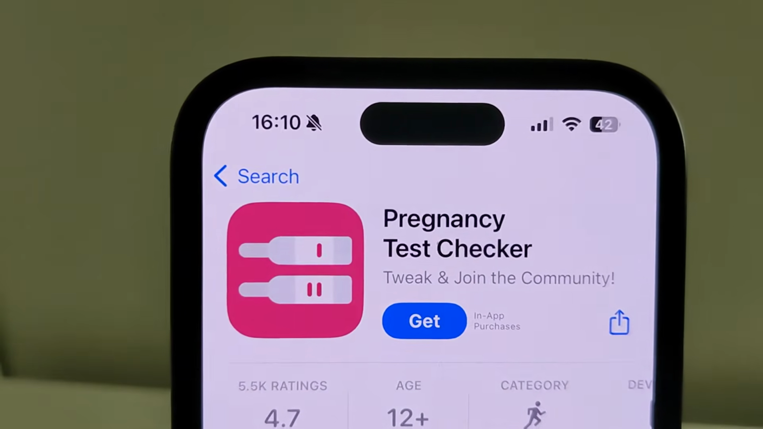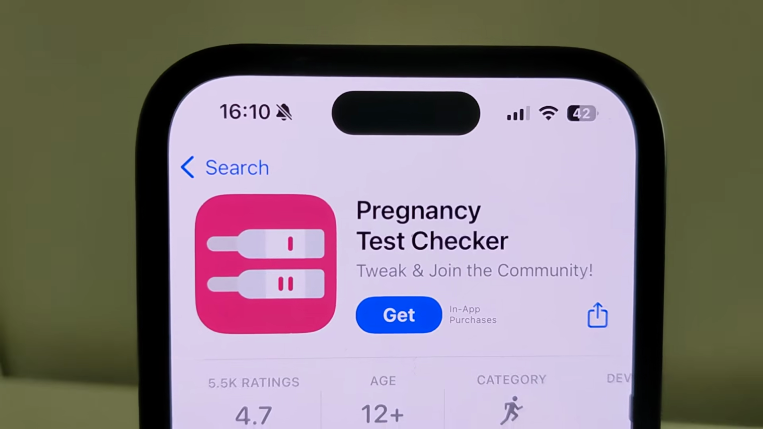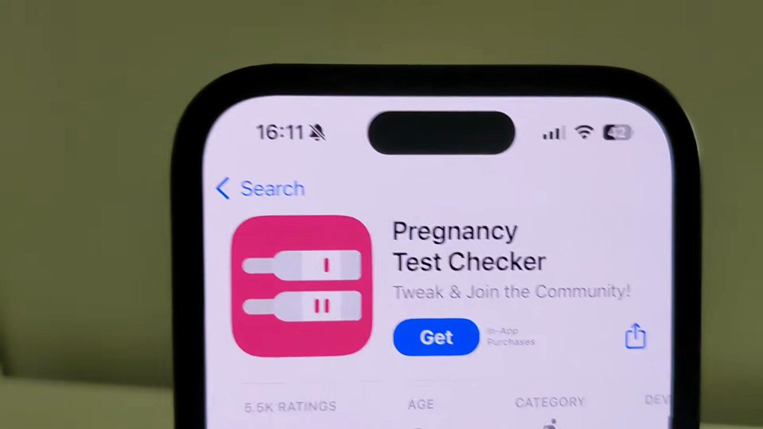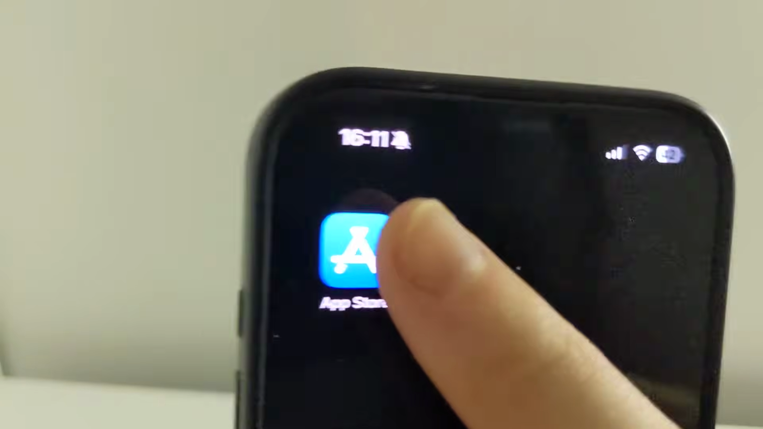Welcome back, guys. In this video I'm going to show you how to find and install an app called Pregnancy Test Tracker. So first things first, open the App Store, the blue icon right here on your home screen,